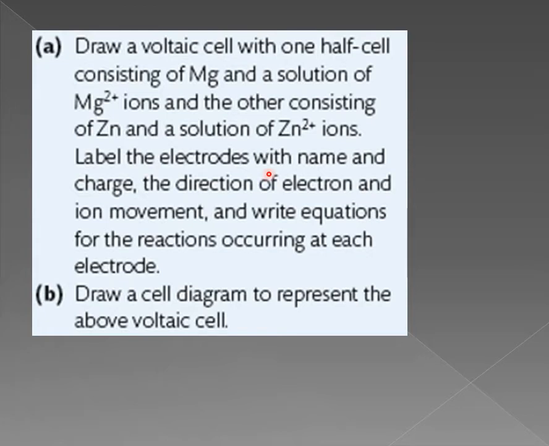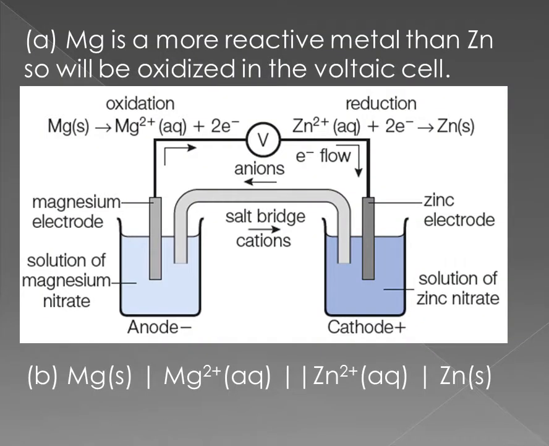Label the electrodes with name and charge, the direction of electron and ion movement, and write equations for the reactions occurring at each electrode. Then draw a cell diagram to represent the above voltaic cell. The answer: